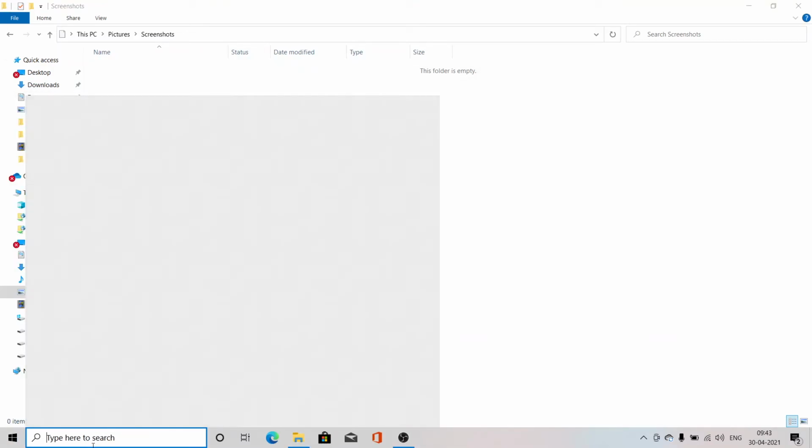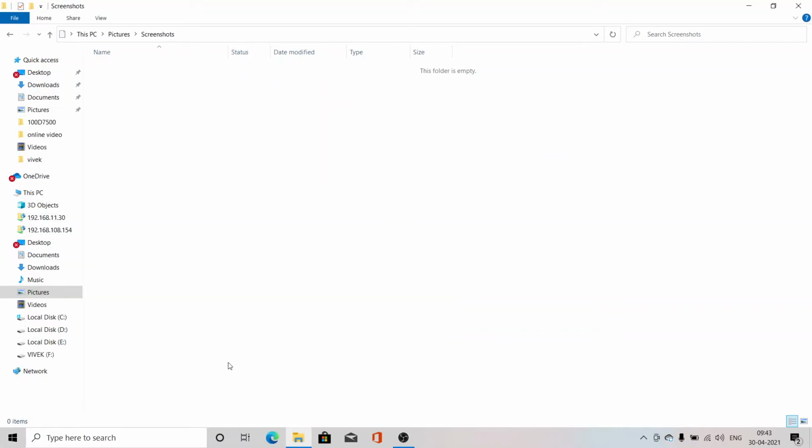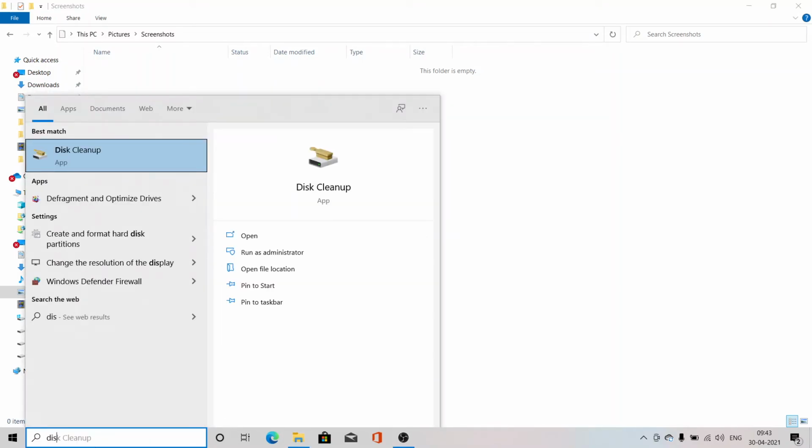My system is Windows 10, so it is a little different. Clear?